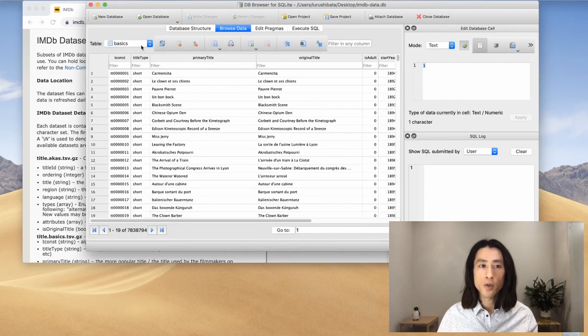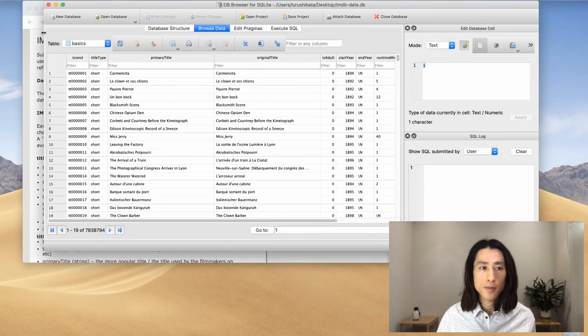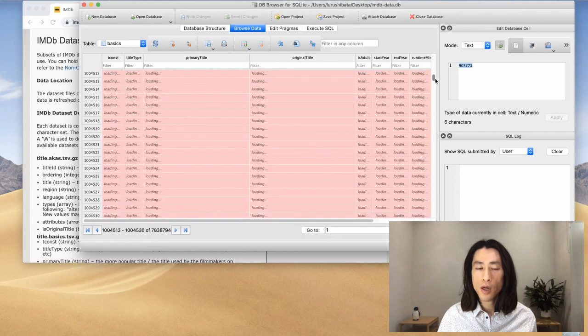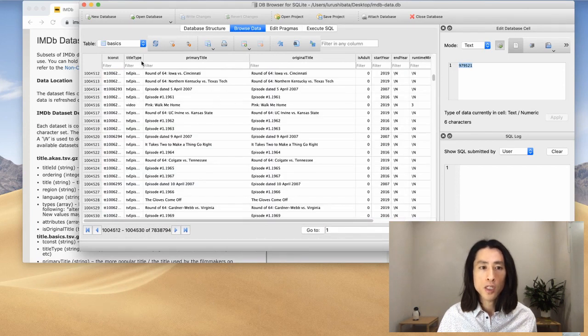Okay, let's get going. Let's go to the browsing view. Let's stay on the basics table and find this column that says title type. Let me make this a little bit wider. So you can see that many of these films are short films. They were from the 1890s. It looks like this was a common practice to make these very short films. But if you scroll down, you will see other entries like video, TV episode,